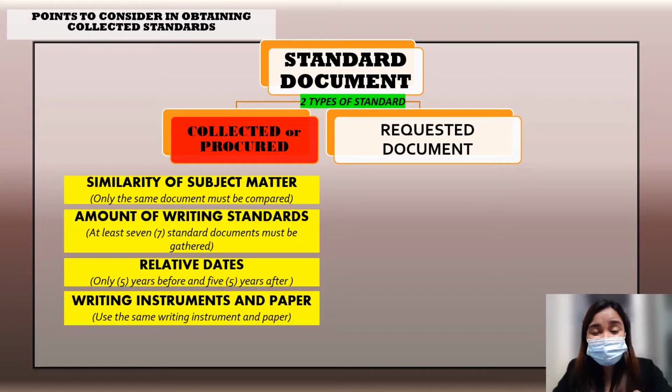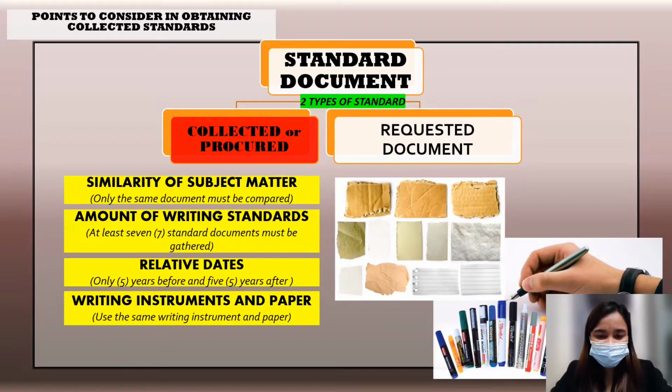Kasi writing instruments and papers can affect the quality of handwriting. Okay? Yung example ko kanina, yung question document, yung material na ginamit is, as for example, bond paper. And then yung writing instrument na ginamit is ballpen. So maghahanap ka din po ng collected standards na bond paper and ballpen yung ginamit. Huwag kang maghahanap ng special paper or cardboard and then gumamit sila ng pentel pen. So, mahihirapan ka pong i-compare yung writings or handwriting. Okay po? Next, we have the